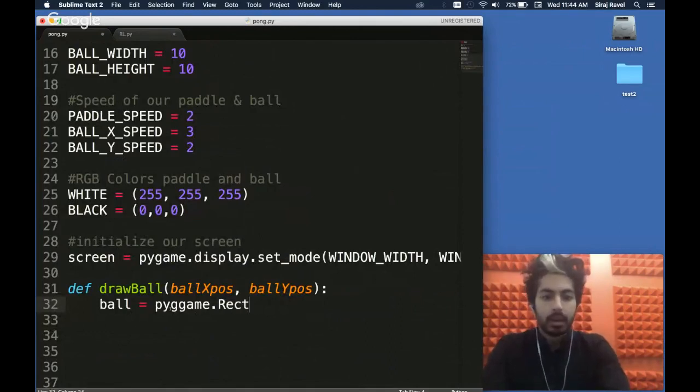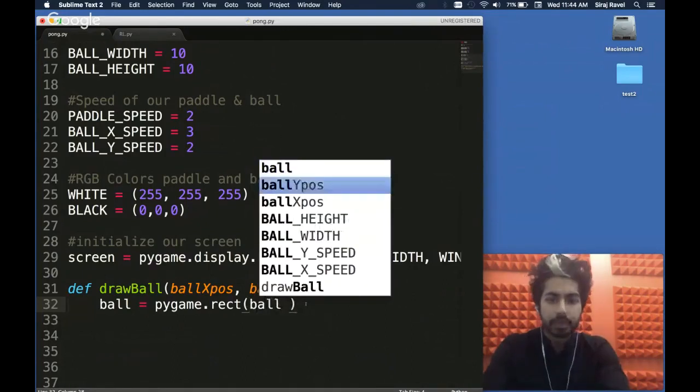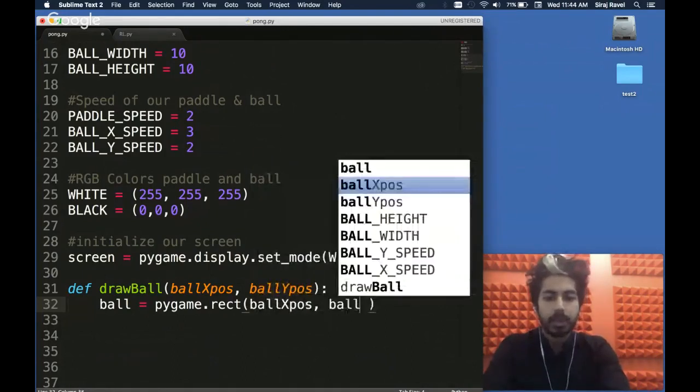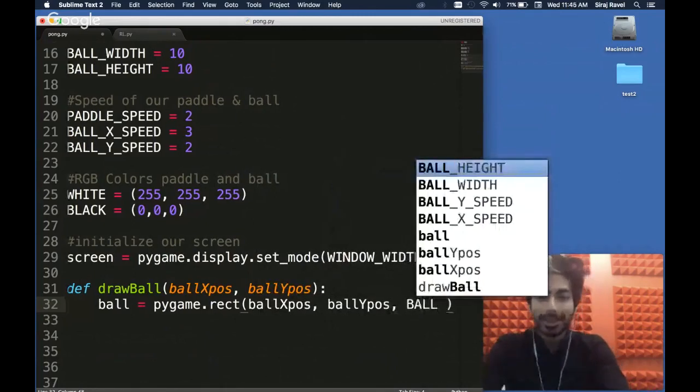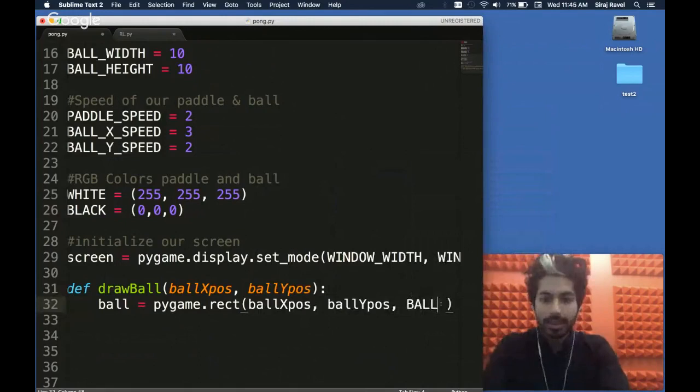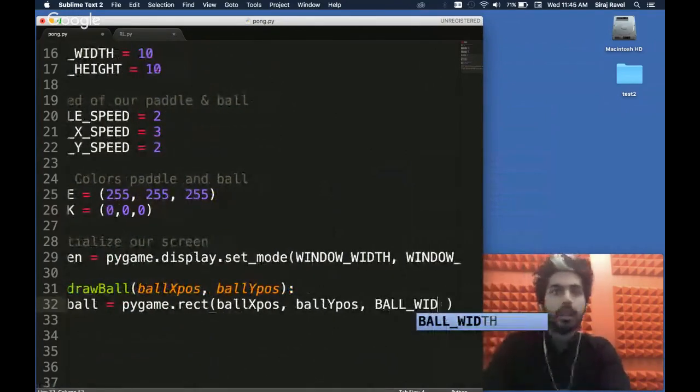Let me make sure I didn't misspell this. Let's initialize our rectangle with, sorry, not our screen. We're going to use our x position and our y position that we input as parameters, where we want to start off with. And then the width for